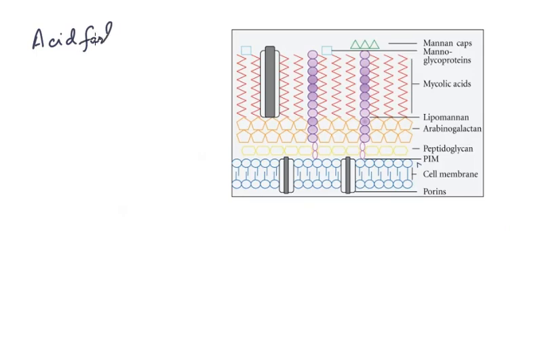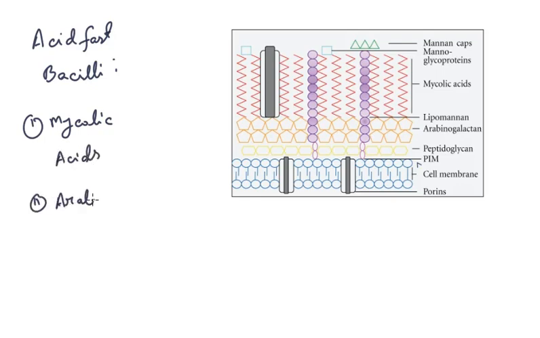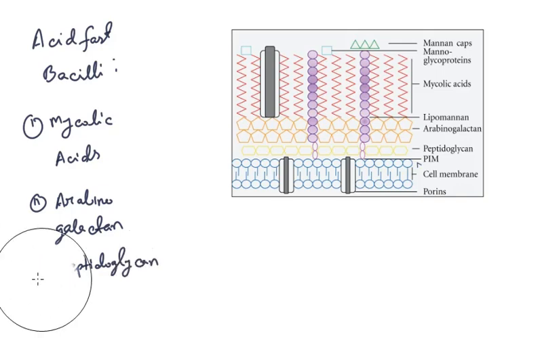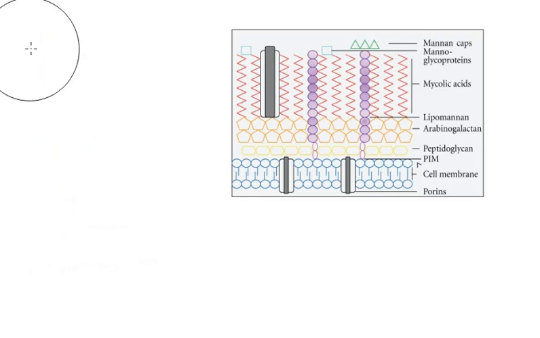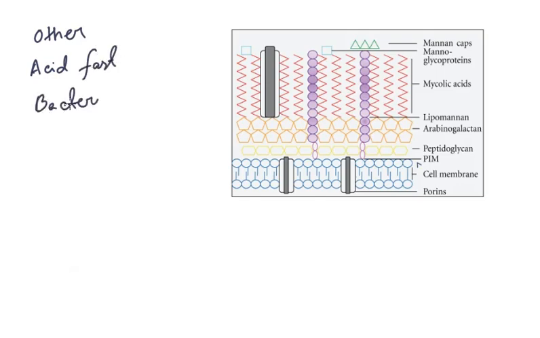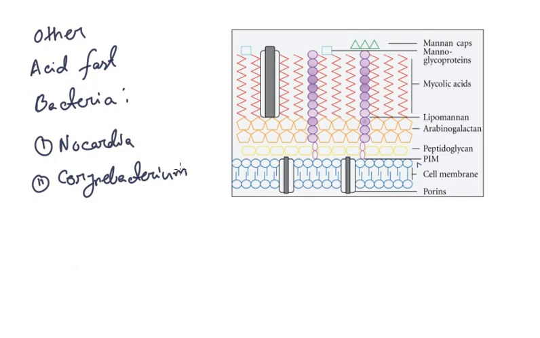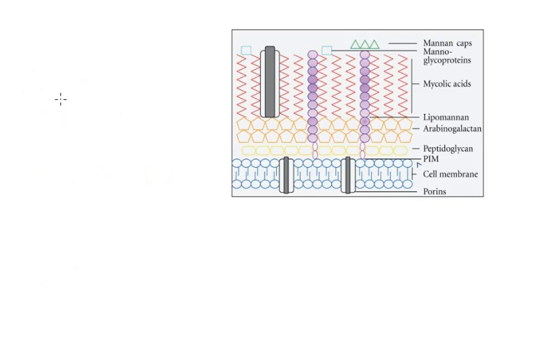Now we will have a look at the cell wall of acid fast bacilli. They have a very unique structure, mycolic acid composed of 70 to 90 carbons, which are linked to arabinogalactan, and as we can see there is a very small amount of peptidoglycan in their cell wall. Mostly we think of Mycobacterium tuberculosis and Mycobacterium leprae as the acid fast bacilli, as they have a very high content of mycolic acid, but other bacteria like Nocardia and Corynebacterium diphtheriae are also acid fast bacilli.